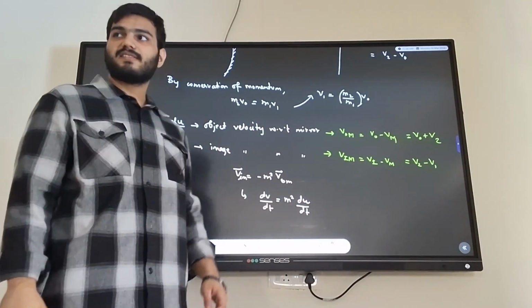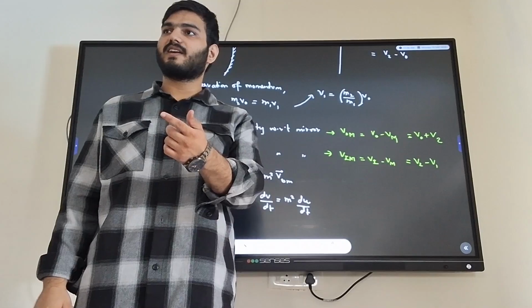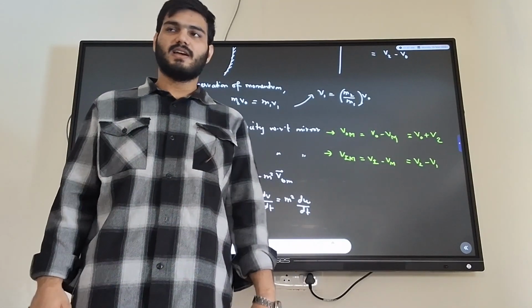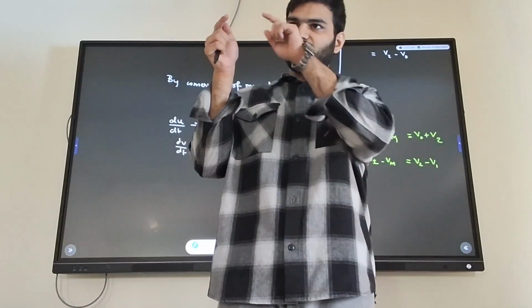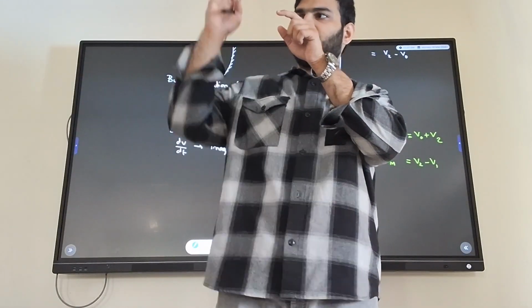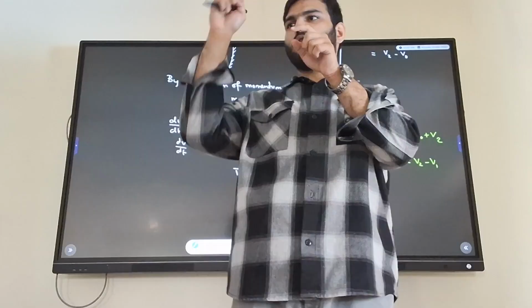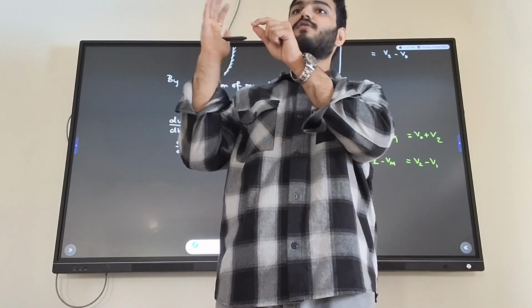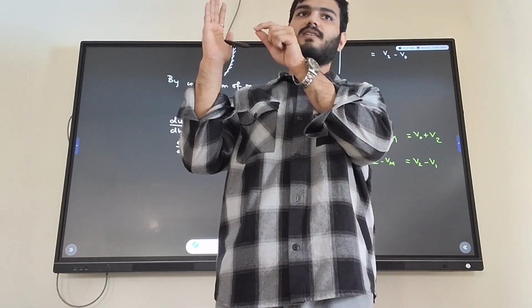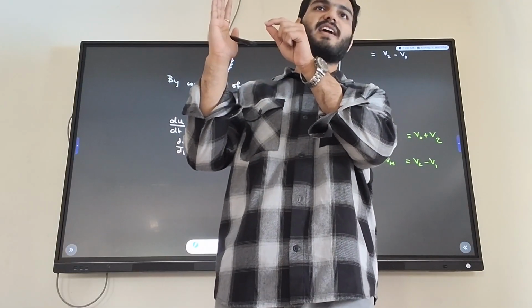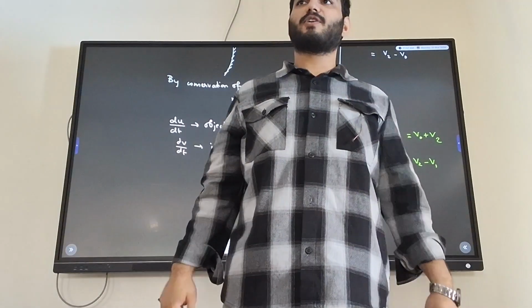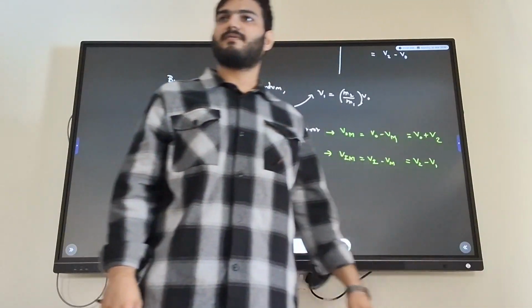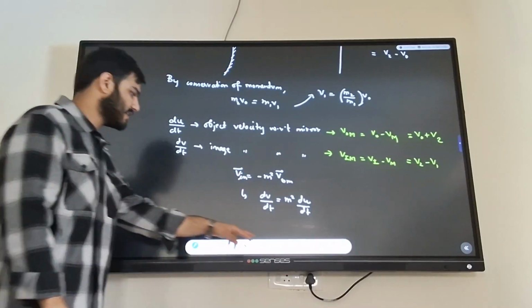But now let's consider that last line. What was that last line? Just after the bullet is fired. When you consider just that instant after the bullet is fired, what does this concave mirror look like with respect to the bullet? It looks like a plane mirror. Can you imagine this? Then for a plane mirror, what is m? 1. Then what is m square? That's also 1. Then what will I get here?